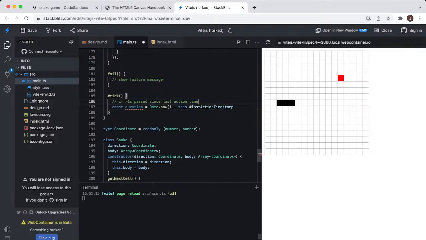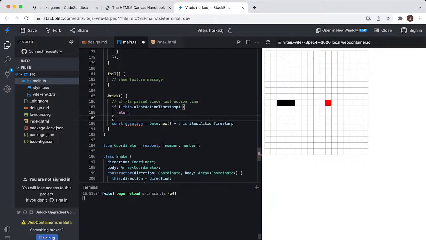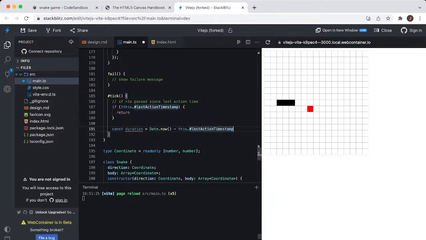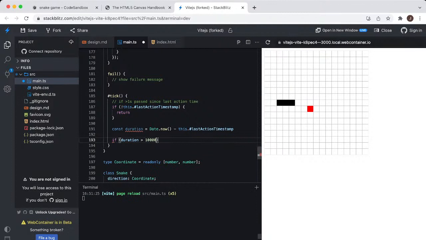If it's not there, we just return, we do nothing. And duration is this. If duration is bigger than 1 second, then we need to